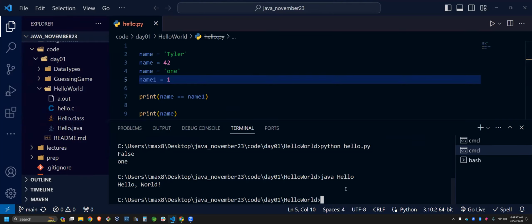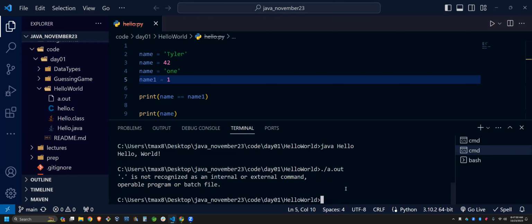Because if I run my hello.c, if I try to do a.out, it has no idea what I'm talking about, because I would need to recompile that code that I wrote on Linux. I'd have to compile it in a C compiler for Windows if I wanted to run on Windows, or a C compiler for Mac if I wanted to run it on Mac. The cool thing about Java is there's an intermediate between the Java code and what actually gets run on my machine, which is the JVM, which we'll talk about in a second. Okay? Make sense? Everybody with me? Cool, cool. All right.